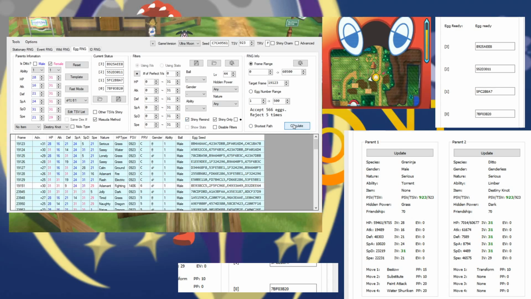Well, yeah, it's a little bit tricky here. You're looking at a ton of different eggs that you're going to have to accept and reject in order to get to whatever your target is. And look, keep in mind, I just set this to 0, going from our current egg seed to a ton of frames. So that's a disadvantage to working with the Matsuda method or with a Shiny Charm, is that